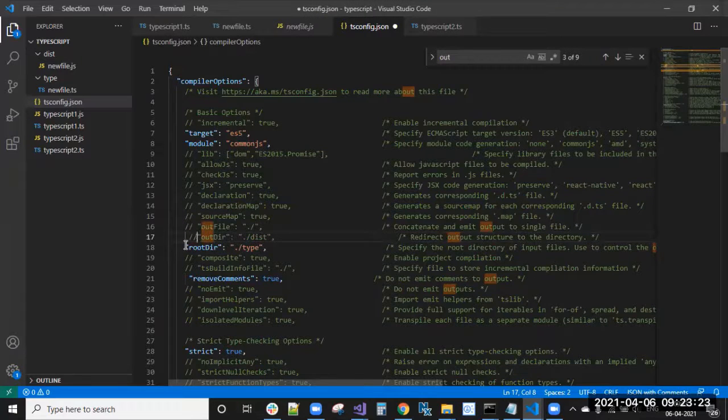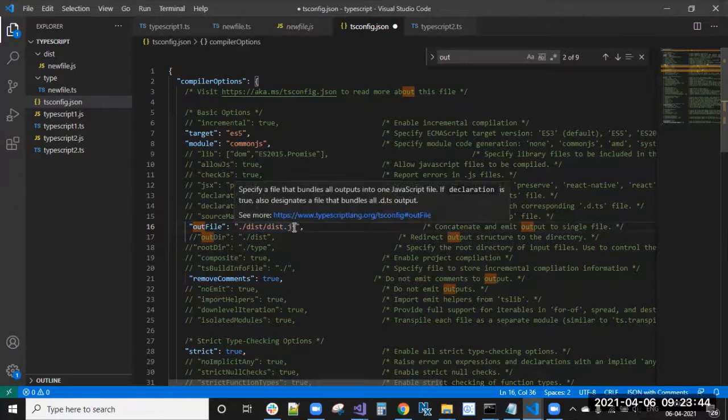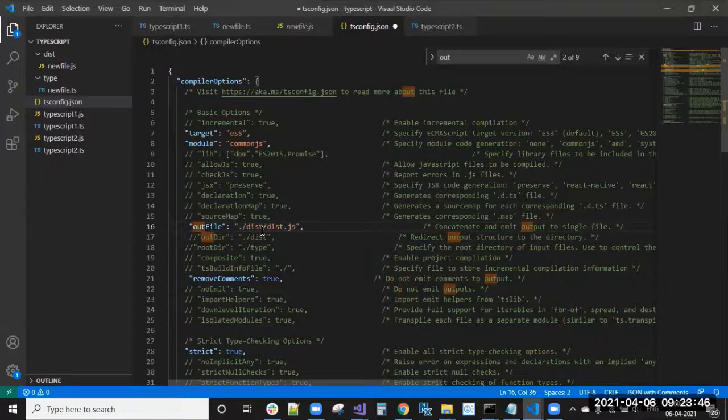So I'm commenting out this root directory also. I'm commenting because all the files inside, the TypeScript is there, right? All the JS files should be in one file only. That I can give like dist.js. So create a dist folder, and inside that dist.js you can keep all the TypeScript file compilations in one.